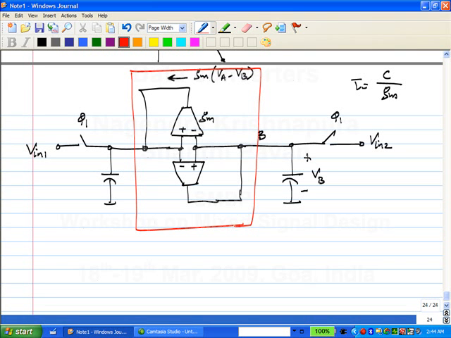So phi 1 is the time when the input could be changing, Vin1 and Vin2 could be changing, but when phi 1 goes low, when the switch is open, the inputs Vin1 and Vin2 at those instants are the ones that you wish to compare. Correct? So when phi 1 is high, these transconductors need not